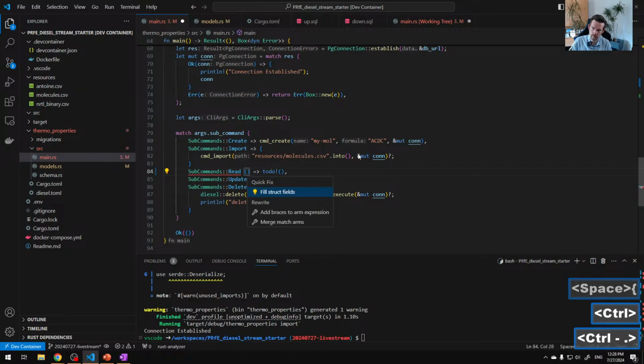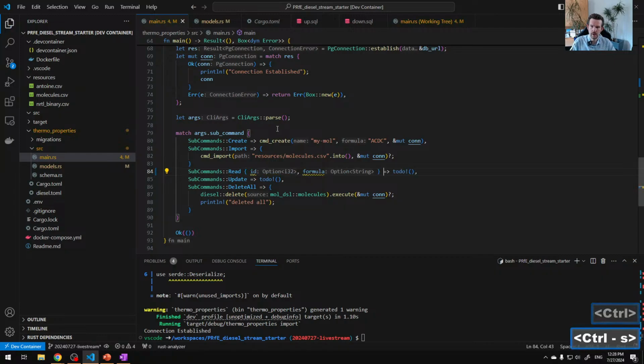Why isn't that showing what it needs? So we have now struct fields, so we can access this in the next